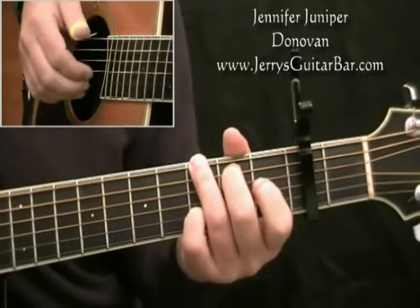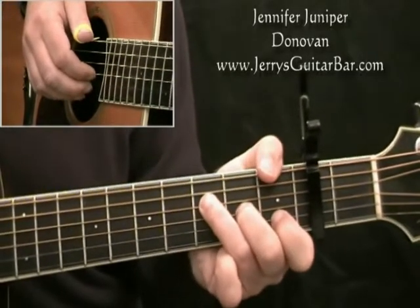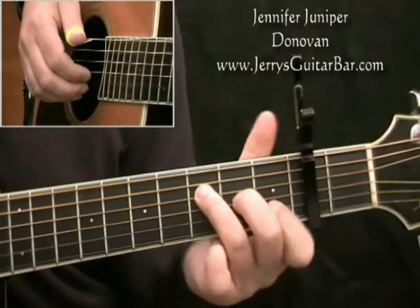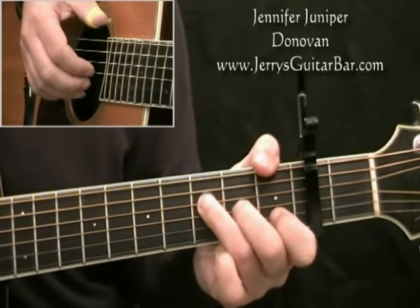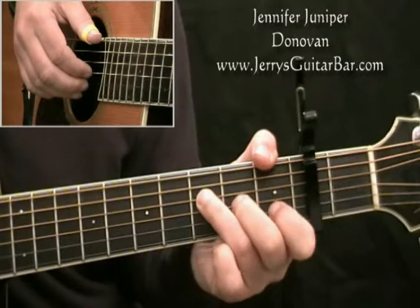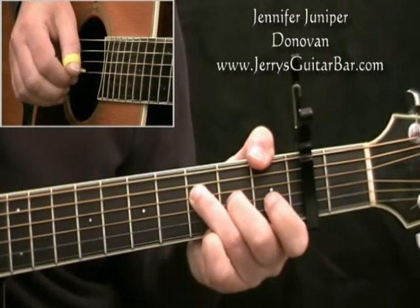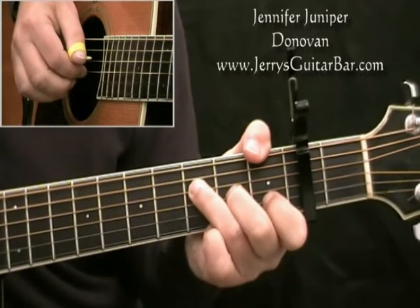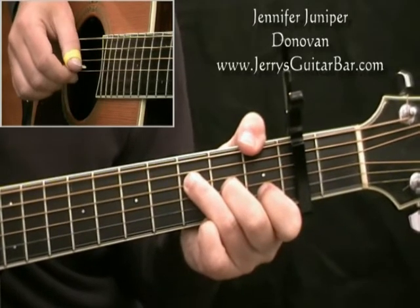At bar 17, we need an F chord for the first time. Now Donovan likes the thumb over F chord, so we've got actually an F major 7 shape here. In other words, you don't need to lie the 1st finger down, but the thumb hooks over at the 1st fret. If you don't like that, I'll show you an option in a second. But Donovan's going, that's bar 17. 6, 3, 4 and 2 together, 2 again,